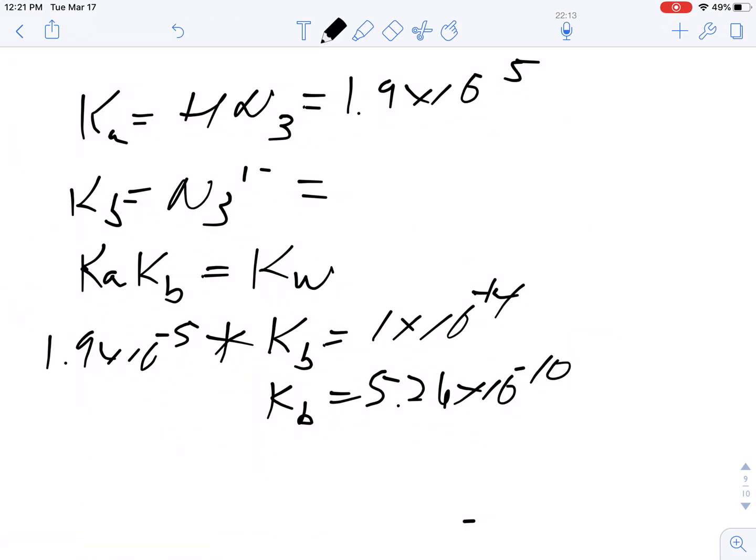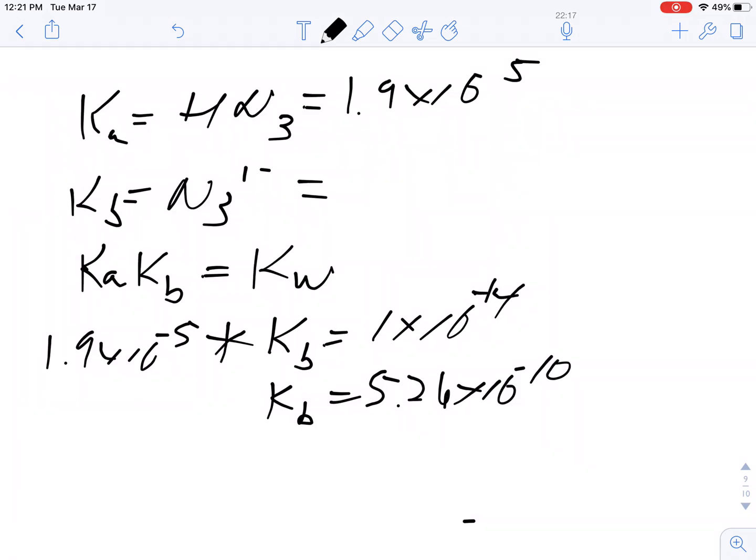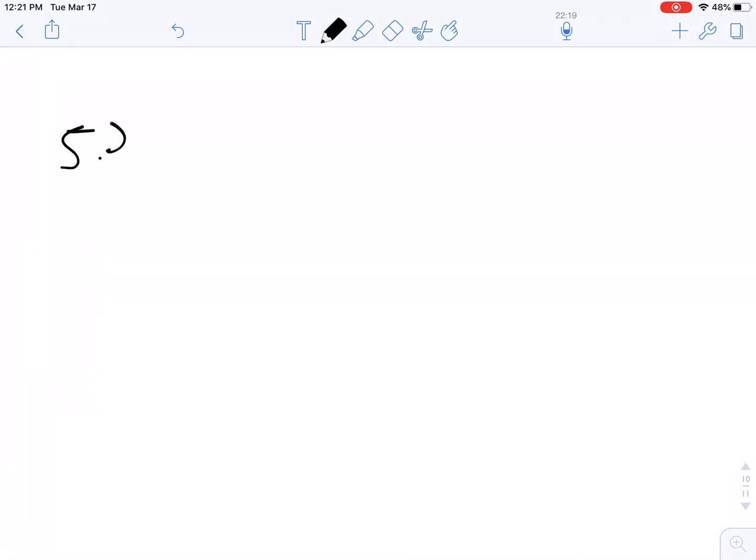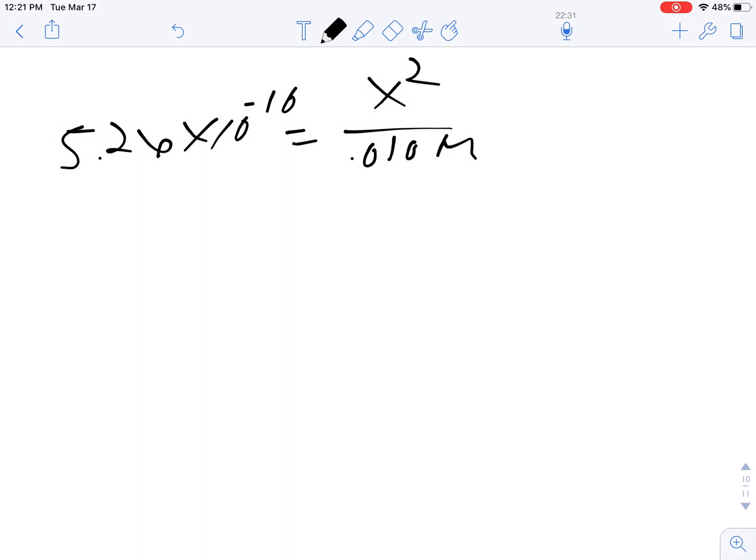Actually, it's probably easier if I rewrite it. So 5.26 times 10 to the negative 10th is equal to x squared over 0.010 molar. Solve for my x. This x is too small, so then